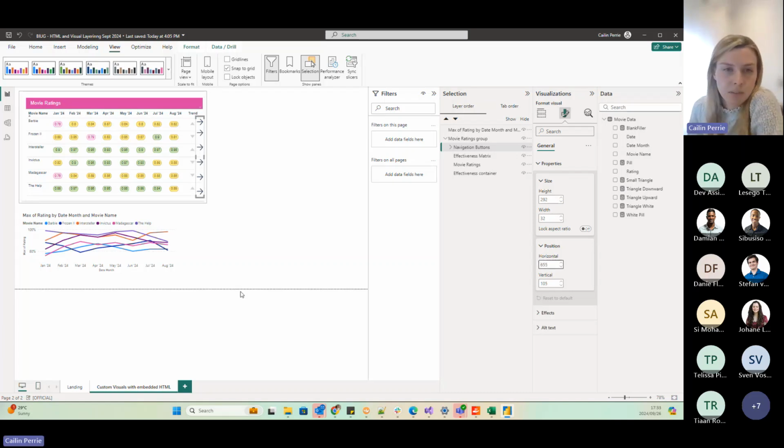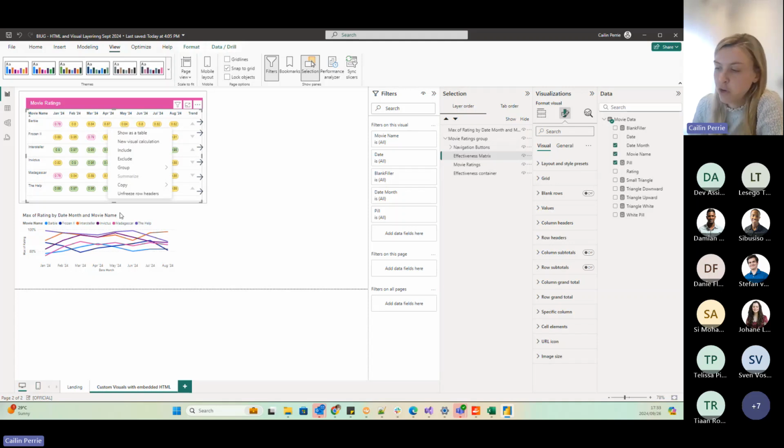Okay, so now typically in Power BI, we have this functionality to drill through, right? If you have that option. So if you've got another page and you want to actually go through from the Barbie movie and you want to see more details on the Barbie movie, you can drill through directly. But now we can also customize this and create a button that actually links you to something else. And that's once again, this was to try and make Power BI very much look and work like an application and not have users trying to drill through. It feels a bit counterintuitive, which it was a little bit in this case,